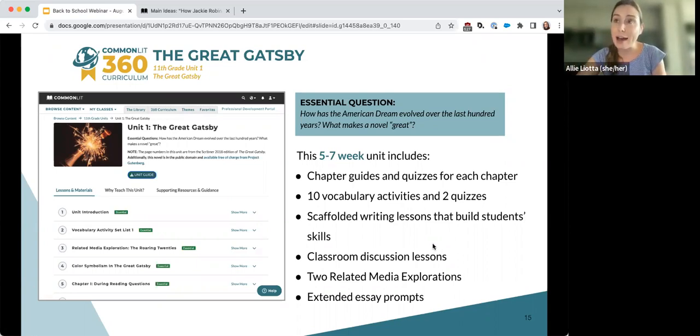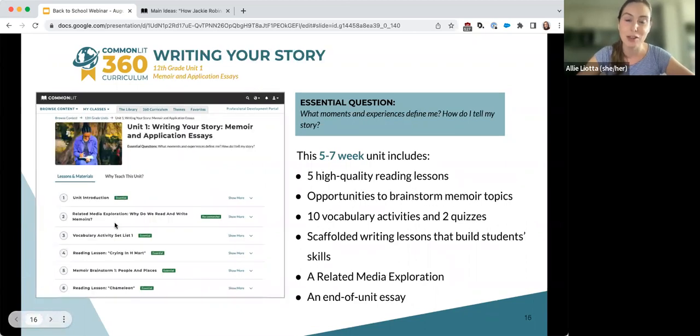We also have scaffolded writing lessons over the course of the unit, which gives students multiple at-bats to build their skills and lead up to the extended essay prompts at the end of the unit. And then there are also opportunities for students to collaborate and engage in really deep discussion in the related media and classroom discussion lessons. So lots of really juicy, exciting stuff in 11th grade Unit 1 and in 12th grade